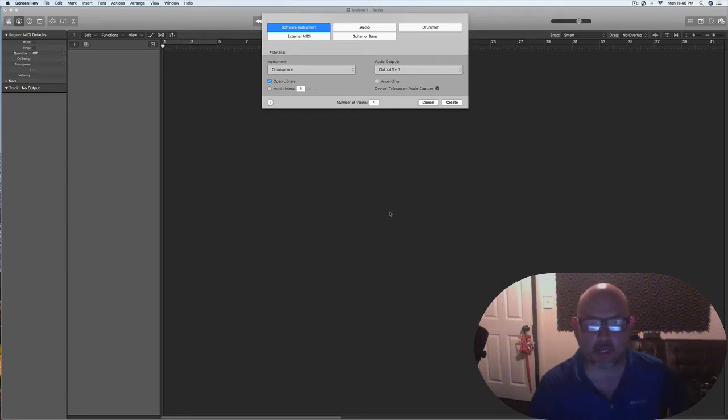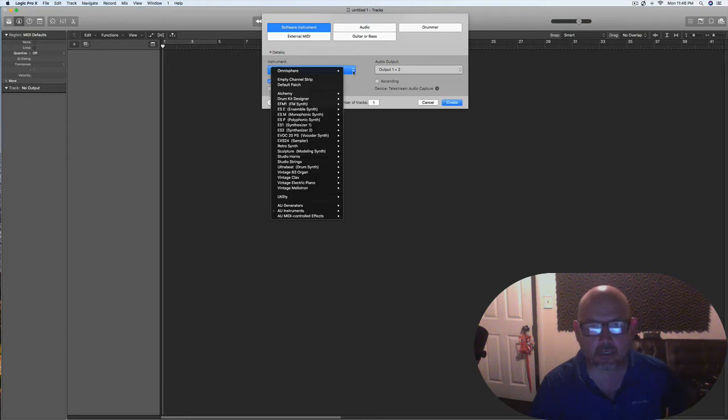Alright, so what are plugins? Plugins are basically anything that you can plug in to your recording environment. It's a separate piece of software that will run within your environment, and it comes in different